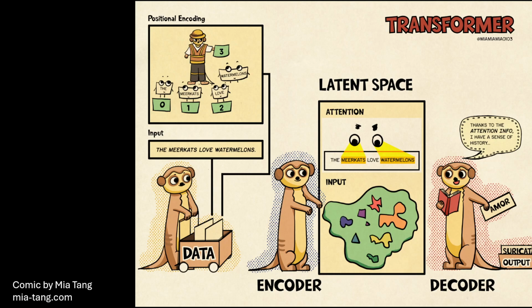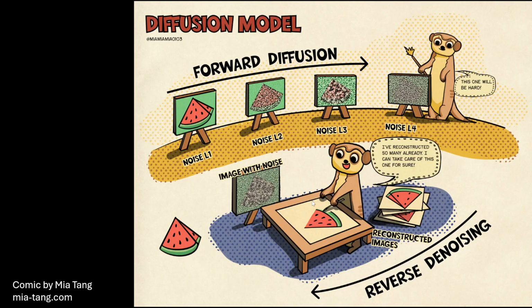concept of attention, right? So here, we're all now used to giving prompts to these generative AI algorithms, right? So for example, the meerkats love watermelons, right? So attention is basically a way of putting a weight on each part of this sentence, and then using those weights to help bias the backward diffusion result, right? So for example, the fact that there's meerkats and watermelon means I should be making pictures that look like this,